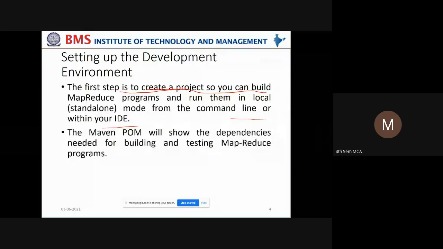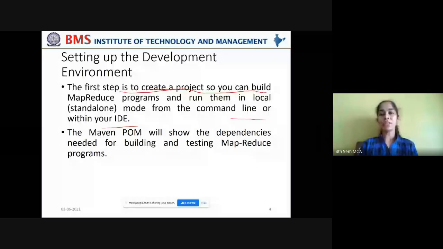You write programs, and first you have to run them on your local machine in pseudo-distributed mode, either from the command line, or if you are using an integrated development environment, through that IDE you can run and see your project. For that we generally use the Maven build automation tool.